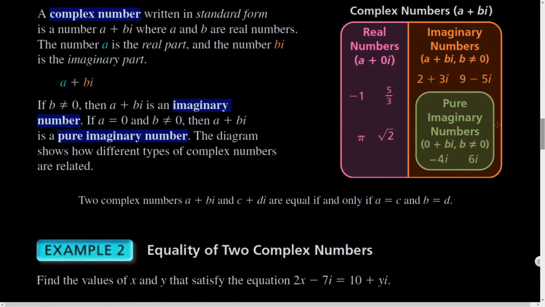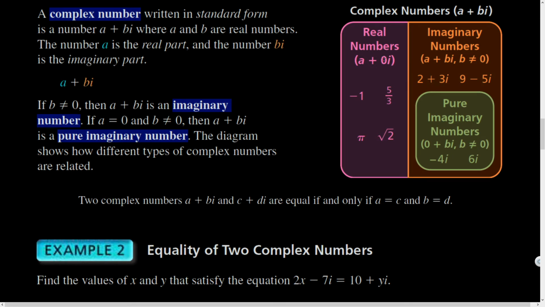All right, complex numbers are written in standard form when it's written as a + bi, where both the a and b are real numbers. a is called the real part because there's no i attached, and bi is called the imaginary part. Notice that b cannot equal 0, because otherwise 0 times i is 0, and then I would just be talking about real numbers. If a equals 0, and so then all I have is bi, we call that a pure imaginary number.